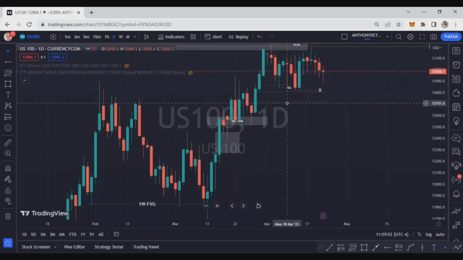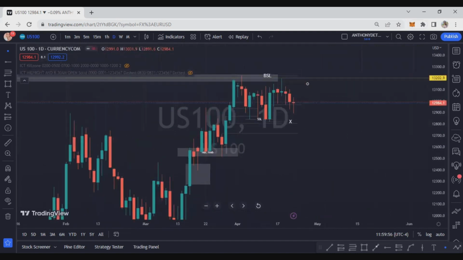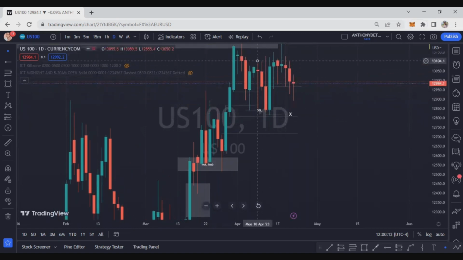I'm also expecting price to drop down to this point, but at the same time, I would keep myself to a point where I won't want to miss any opportunity here, and I'll also be expecting an opportunity here. So price traded into this FVG here, went up, came down, took out this sell side liquidity here, went up, took buy side, gave a BMX here, a slight BMX here,